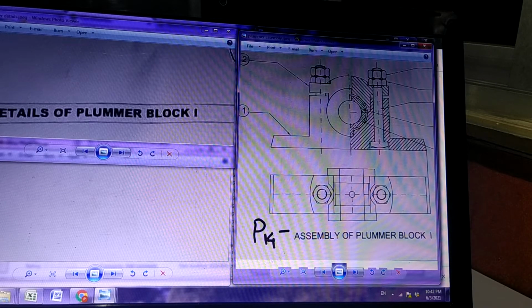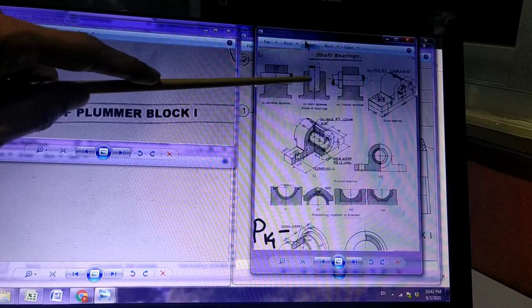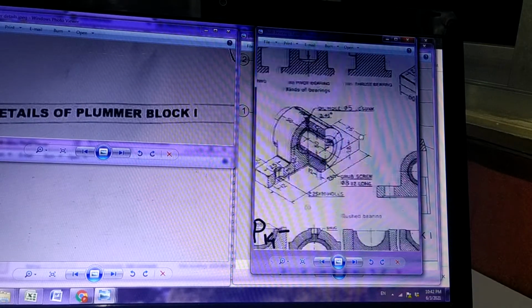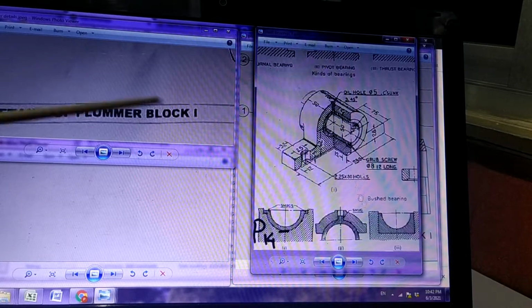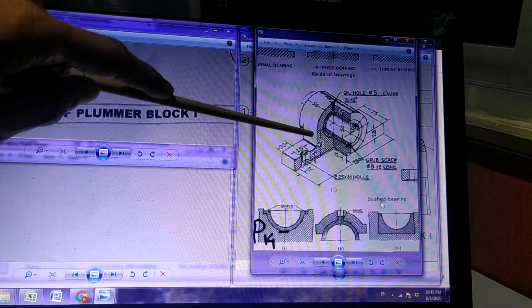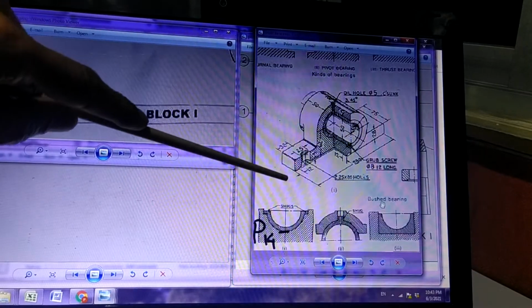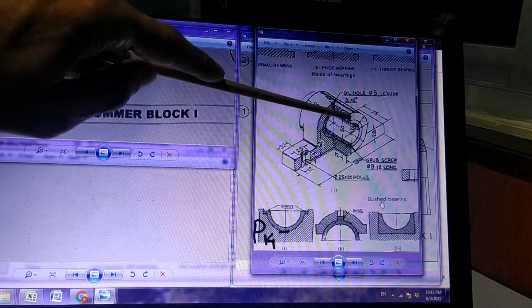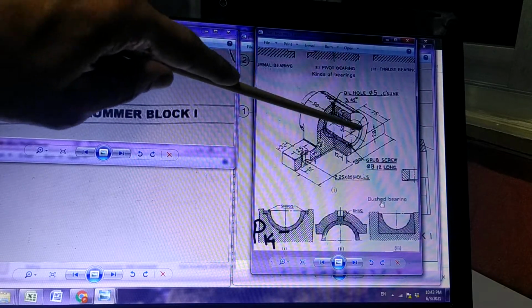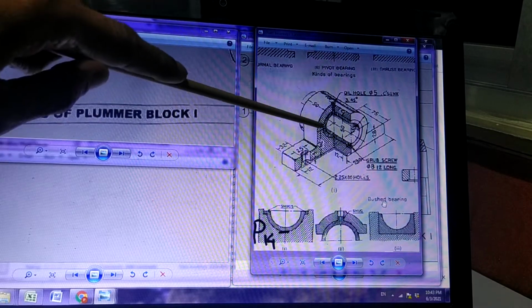Just to take you back and recollect, sometime back we learned about shaft bearings. During the shaft bearings, there was one part which was shown like this, called a pedestal. In this pedestal there was a provision for fixing bolts so that the pedestal can be fitted to the frame, and in the pedestal there is a bush fitted. The bush can be in two half parts, upper half and lower half, or it can be a single one.